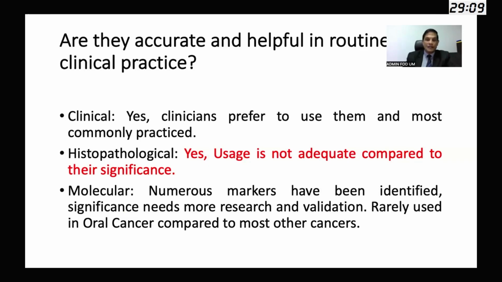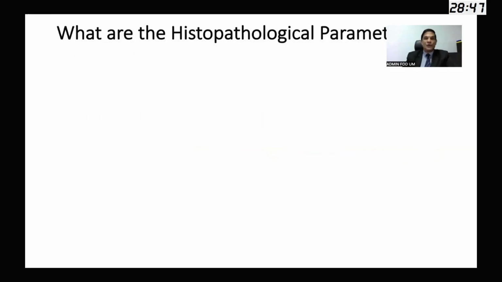But now new molecular or targeted therapy in terms of immunotherapy is coming up, like PD-1 and PD-L1. So those things will come in the future, but the question is whether we can afford to use it in our part of the world. So now we are into the subject proper in my topic. According to my topic, what are the histopathological parameters that can be helpful in predicting prognosis and planning treatment?